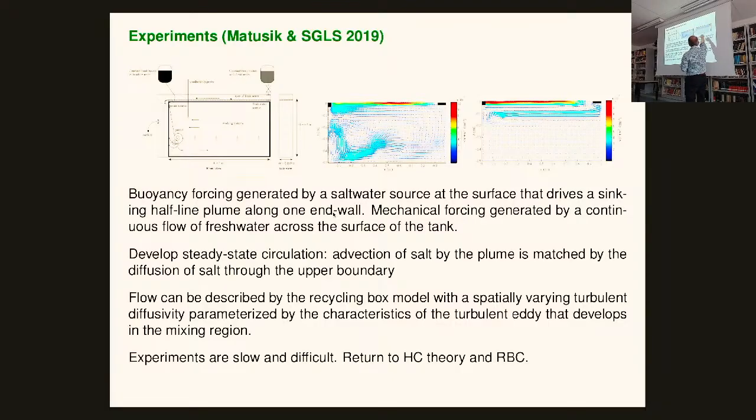So she did PIV, she looked at the circulation. You can describe it by a recirculating box model. I'm not going to talk about that. My main reason to show this was to point out that it's quite painful. So I'm going to go back to theory, which is less painful. There are some experiments being done at the moment by a group in China, doing long-term slow experiments of these kinds of convective flows. They've put effectively a thermos, a tank, which has insulated walls with vacuum gaps between them to stop the heat fluxes messing up your long-term statistics.